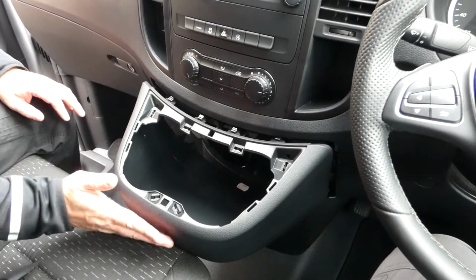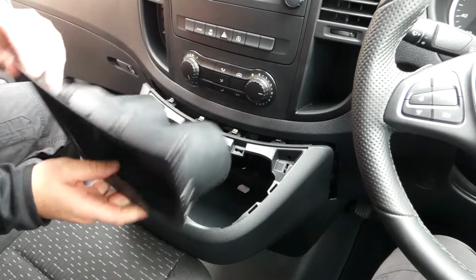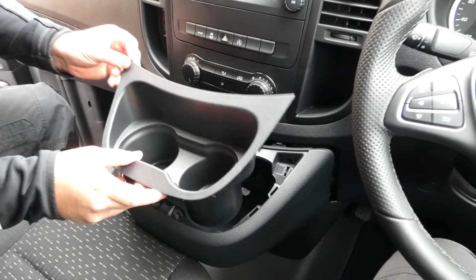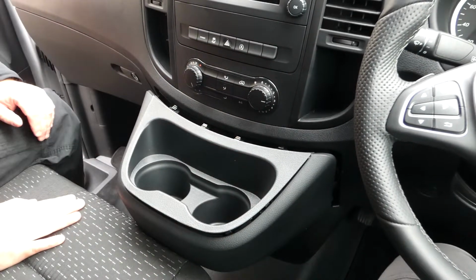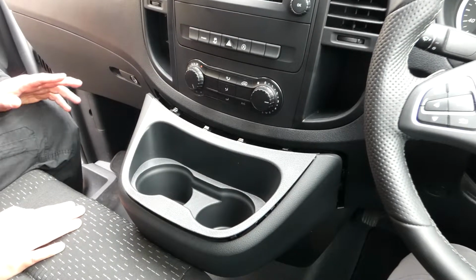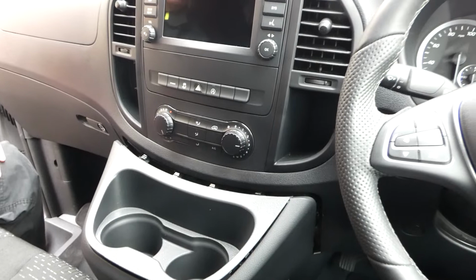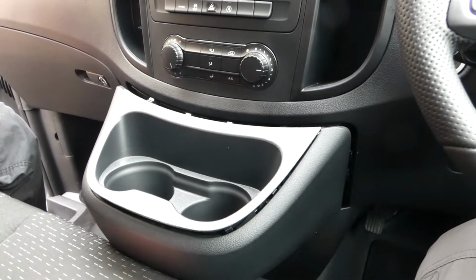Once you've got that into position, then you simply take the second part of the cup holder kit, which also has the clips on it, and this sits into it and pushes down, and that's your cup holder kit complete. As I mentioned before, we do have another video that shows it more comprehensively, showing taking the paneling off and everything. And the main part of this video is to show you is that on this bench seat, obviously